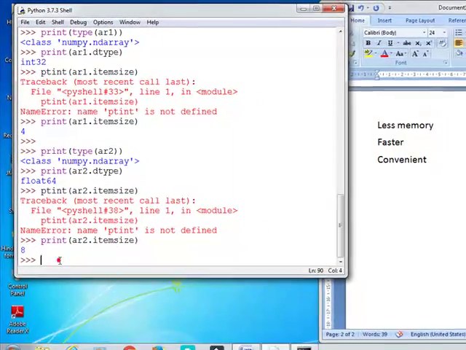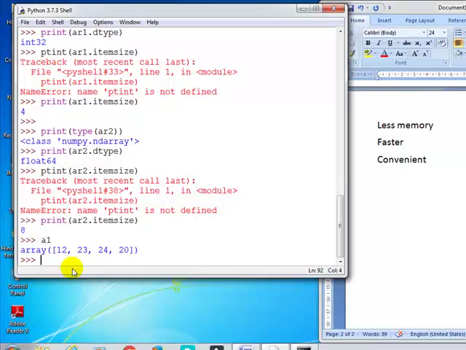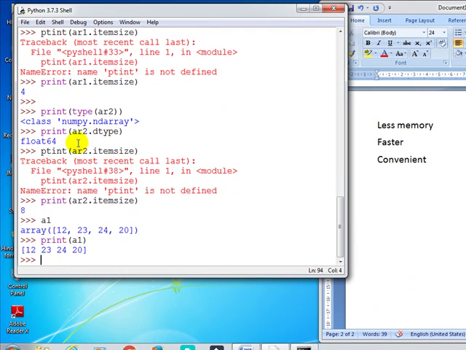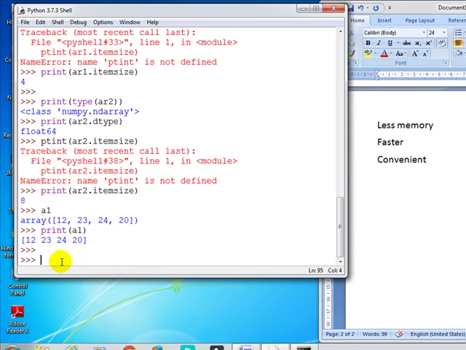As we have seen how to print the elements, you can print the elements like this also, A1, or it may be print(A1) like this also. So what is the difference between both? If you write print(A1), it will not write array. If you write A1, it will write array, and then it will give the array list. So this is the main difference. Clear? Now we will move to the next.